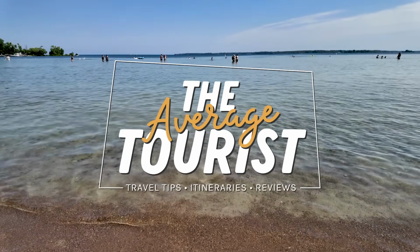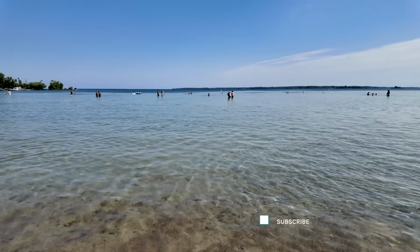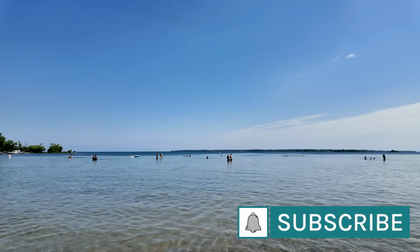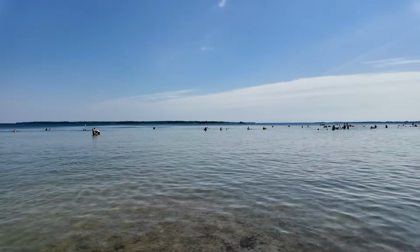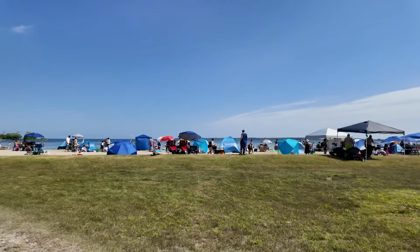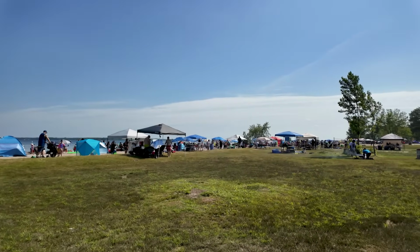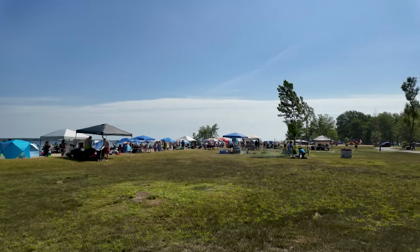Sibbald Point Provincial Park is in Georgina on the shores of Lake Simcoe and is only 1 hour from downtown Toronto. This park has about 600 campsites with electric and non-electric options in 10 campground areas, and there are 6 group campsites. The park is known for its beautiful sandy beach and huge day-use area, and it also has a